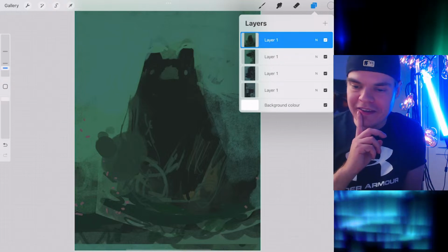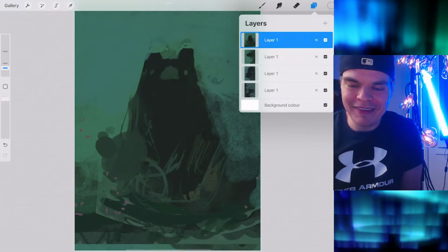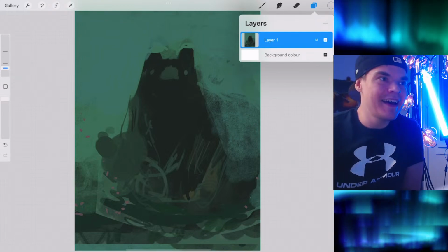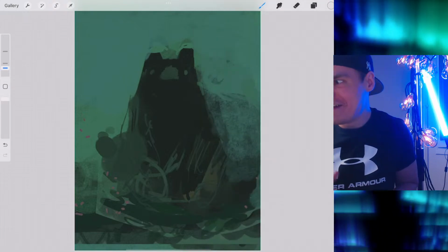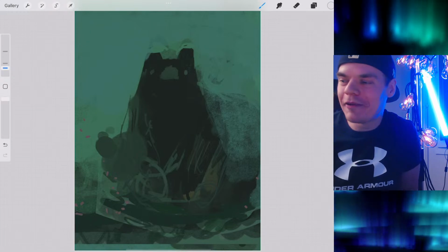Just a quick thing, I'm gonna crush these. And the brush that I'm gonna be using is Foggy Hill again, because I just love this brush, and I have decided this new method for